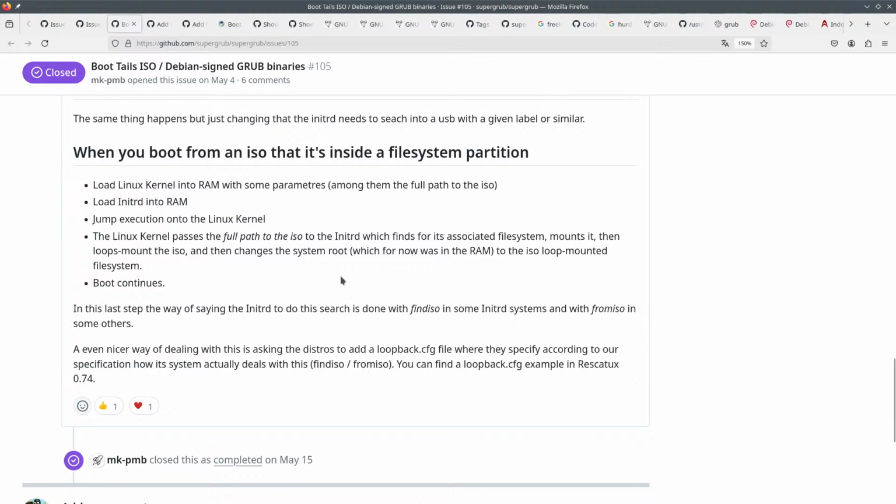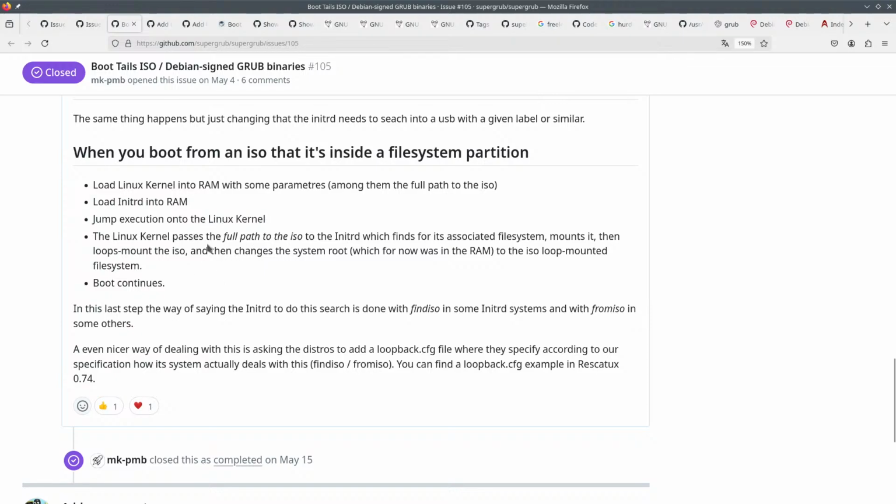So what happens when you boot an ISO that's inside a file system partition? First of all, you load the Linux kernel into RAM with some parameters, which usually happen to have the full path to the ISO. Then you load the init.rd into the RAM. Then you jump execution onto the Linux kernel.